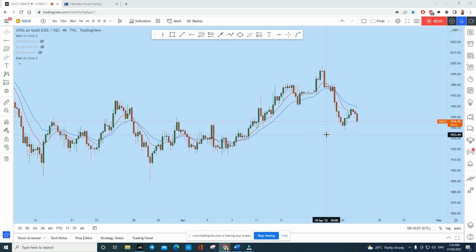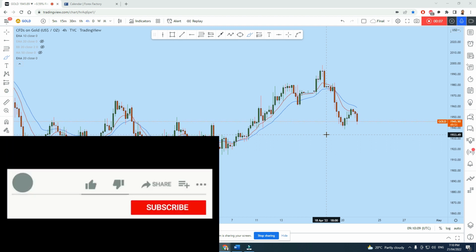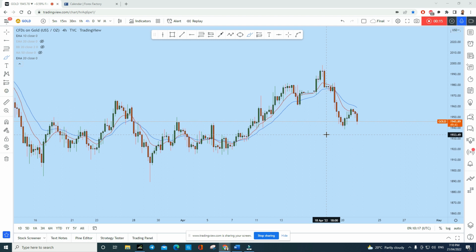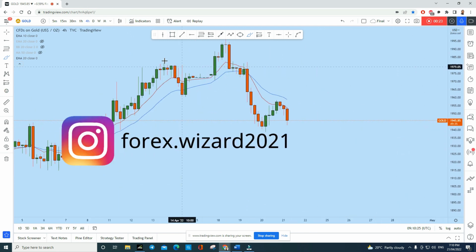Let's do a complete multi-time frame analysis of gold. Let's see what kind of trading opportunity we have in this instrument. Now, what do we see? This is the 4 hour time frame, and in gold we might find a good trading opportunity. Before we discuss what it is, let's see a complete multi-time frame analysis. Then we'll look for the possible trading opportunity in this 4 hour time frame.